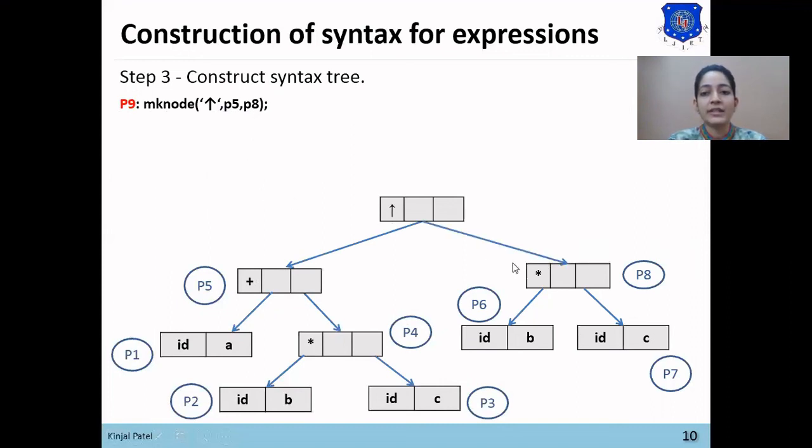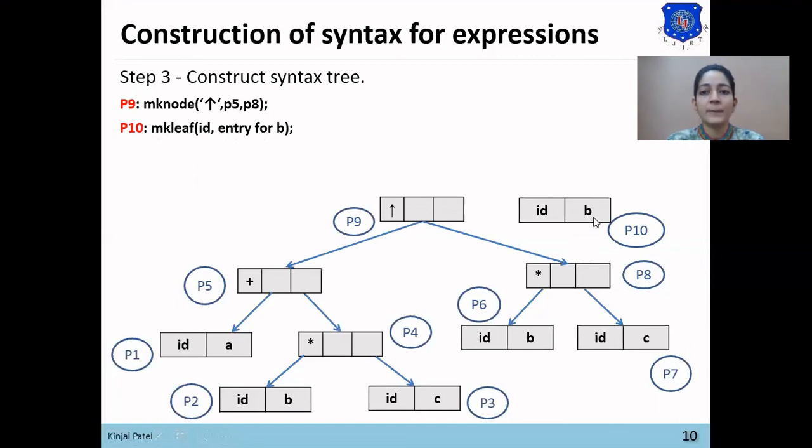So this power node will become P9. Now P10 equals to make leaf id entry for B. So now P10 node will be constructed which denotes B identifier.